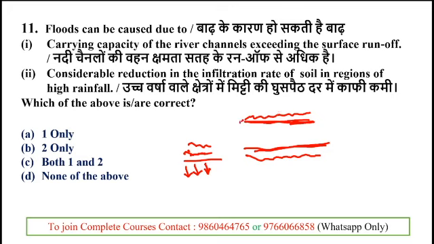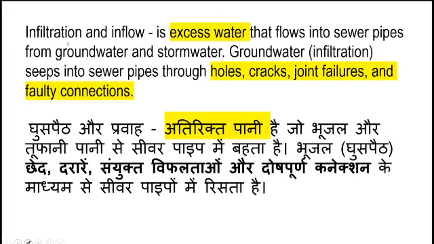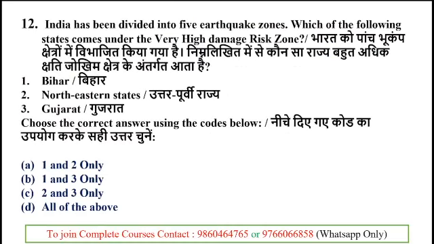But in the case of surface runoff, it will flow into the other parts of the area, and it only carries pollutants into the lakes, rivers, wetlands, or other coastal groundwater regions. So that does not make any flood problems. So only statement 2 is right regarding the reason for flood. Clear. And the next slide will help you to get an idea about infiltration and inflow. Clear. So the infiltration and inflow is related with the